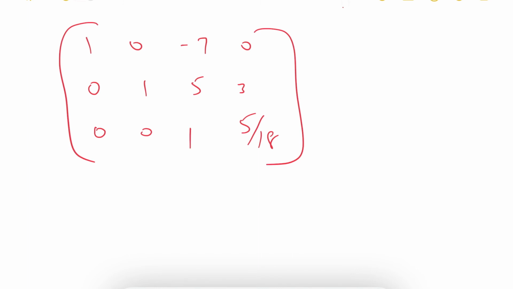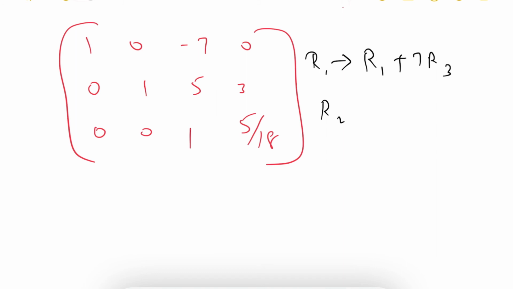Okay, next here 1 0, here also 0 it should be. So for these two rows, if I do anything I won't get 0 anywhere. So that's why I will move to the third row. First row and third row I will try to change. So for that, R1 what I will do is R1 plus 7 times R3. Next, the same way the second row also I will try to change, because here 5 is there, right? But I want 0 only.